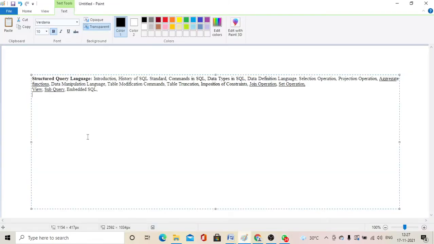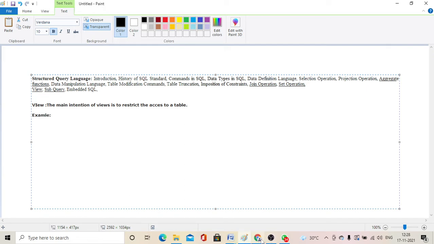Yes. Now if you see this, the new topic, our topic is called view. The main intention of views is to restrict the access to a table. Okay. Now let me show through an example.